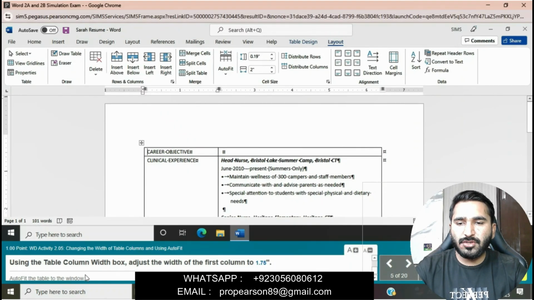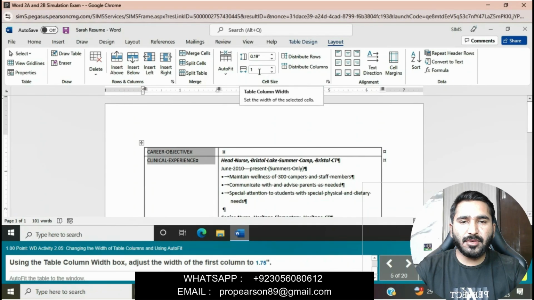Now, using the Table Column Width box, adjust the width of the first column to 1.75 inches.